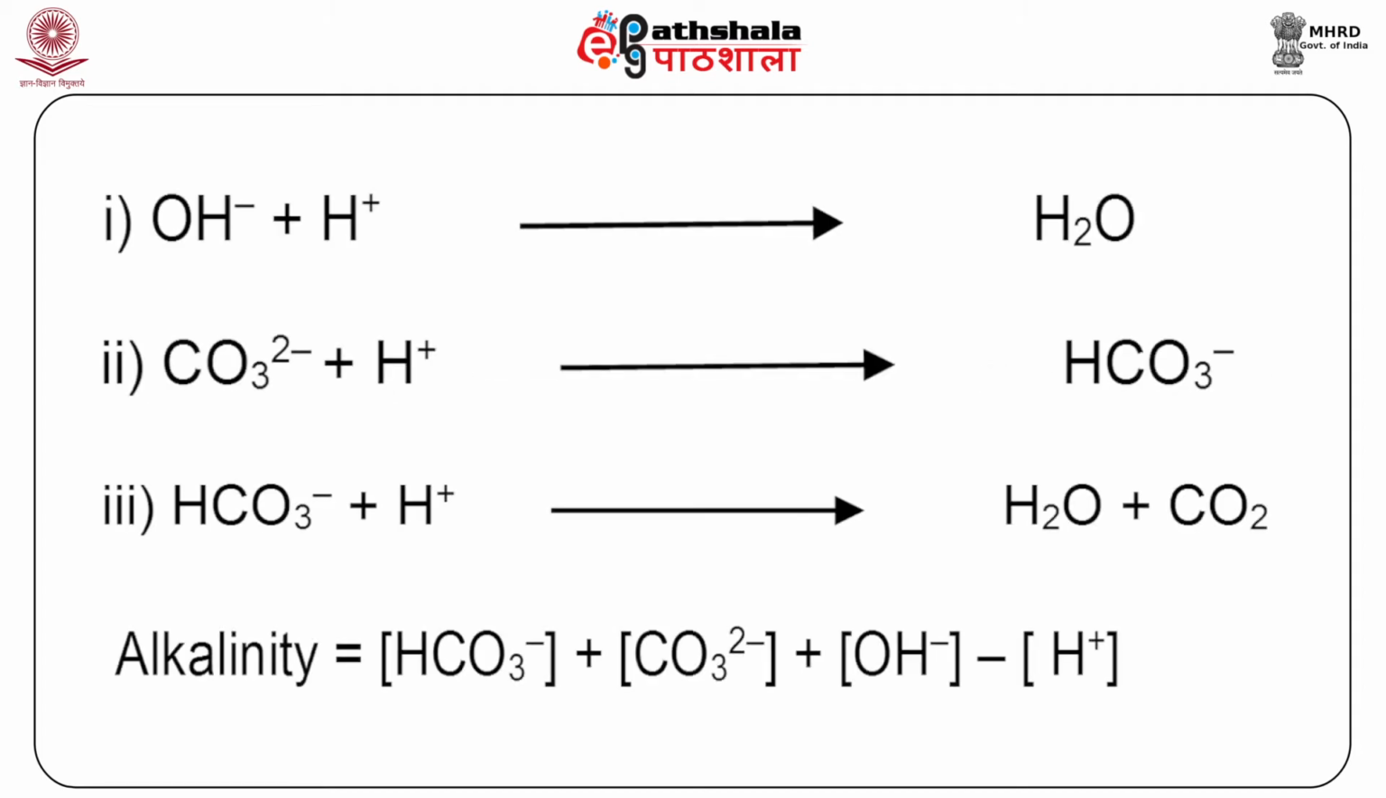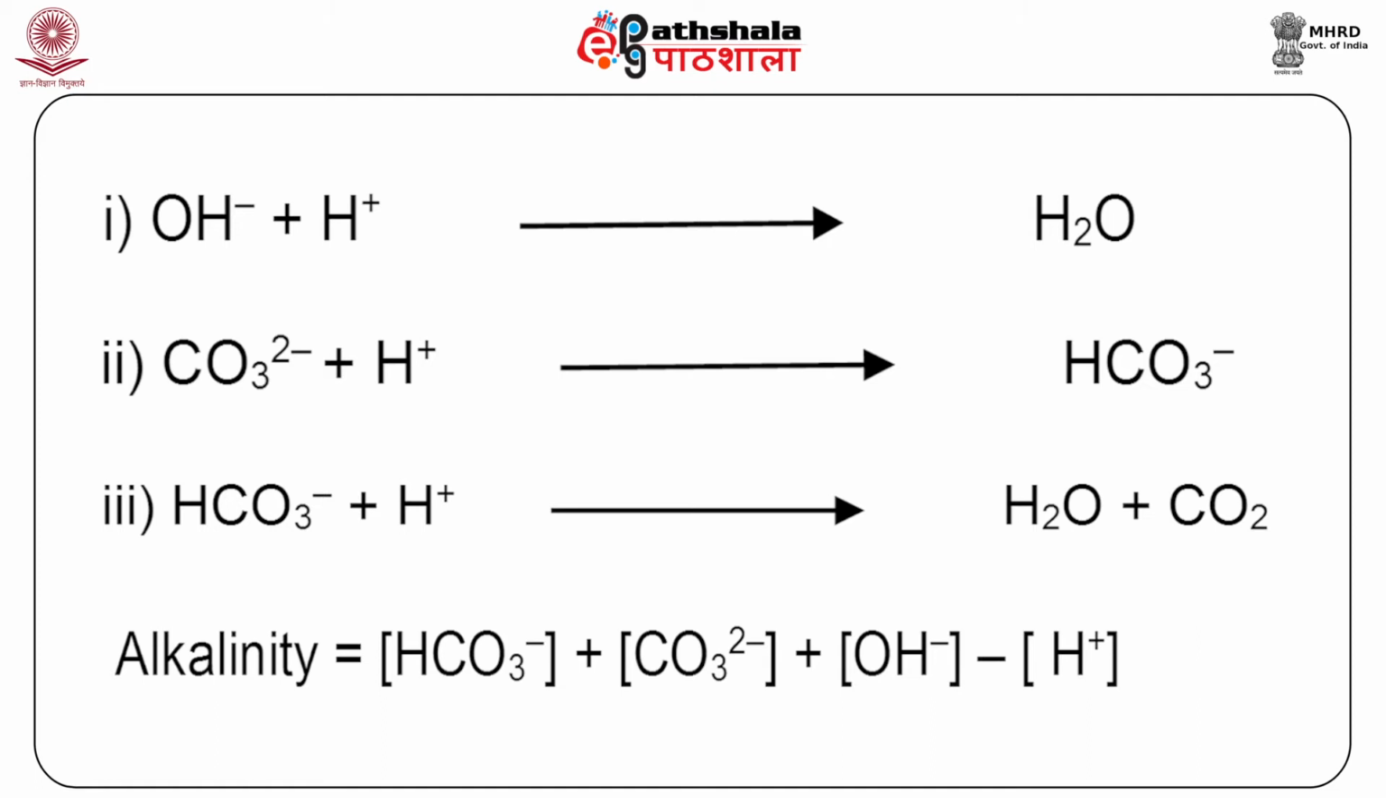The alkalinity due to different ions can be estimated separately by titration against standard acid solution using selective indicators such as phenolphthalein and methyl orange. So, you can see all these equations, that is how these ions will be reacting with H+ and giving you the corresponding products. So, alkalinity will be the concentration of the combination of all these ions, that is HCO3- plus CO3 2- and OH- concentration, and this total minus the H+ ion concentration will be the alkalinity